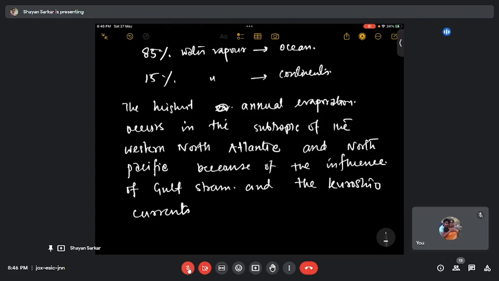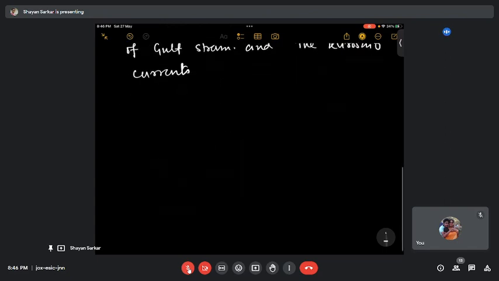Okay. We all know that due to solar radiation, evaporation occurs, right? Evaporation depends on solar radiation, right? Suppose